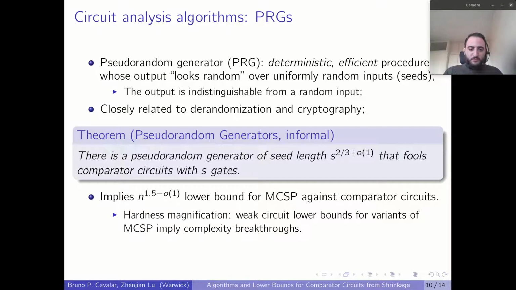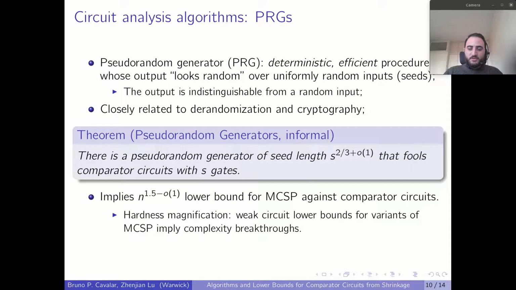Using established and known techniques, this can be used to prove an n^1.5 lower bound for MCSP against comparator circuits. And MCSP is